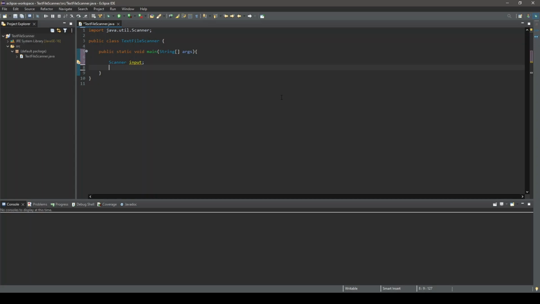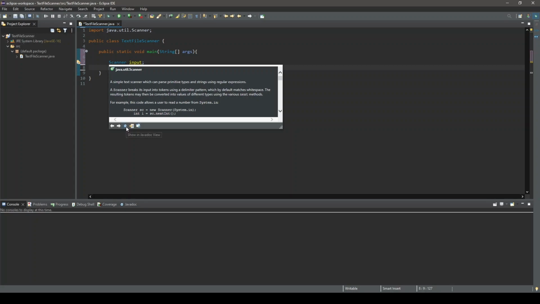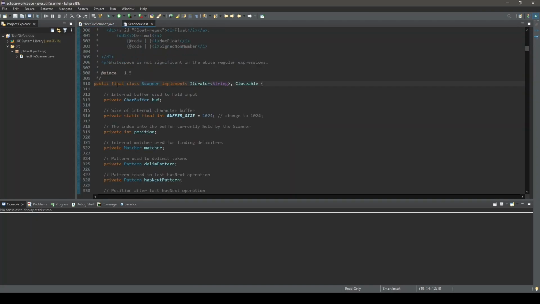To prove this, if we hover over Scanner here, notice we have the option to press F2 to focus on this dialog box. And when we press F2, we are presented with a few options here at the bottom. When we select the option to open declaration, we are presented with the actual source code that makes up the Scanner class. The only thing we are going to look at here is that the Scanner class does indeed implement